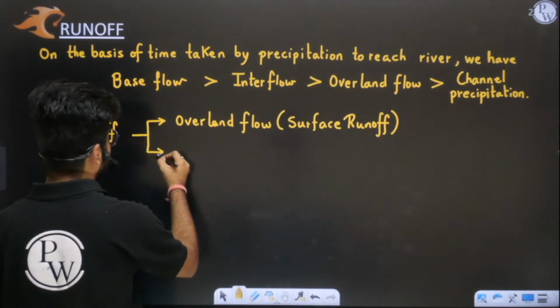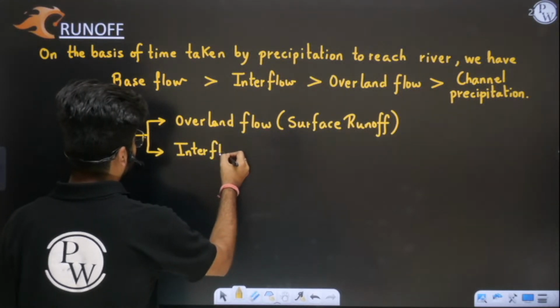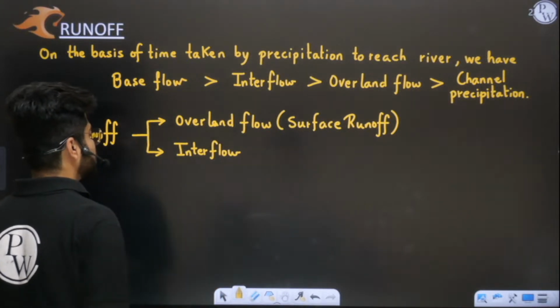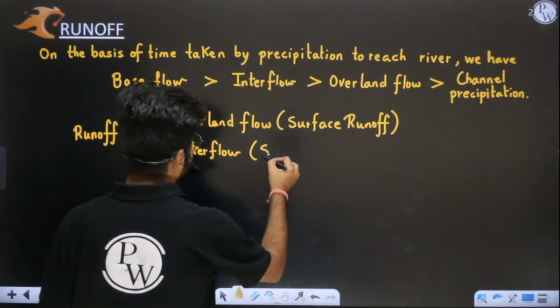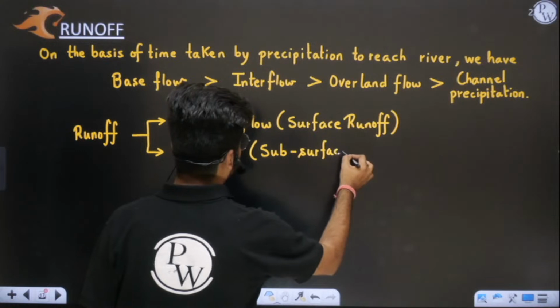And secondly, we have interflow. Interflow is the water which does not reach your groundwater but starts flowing and joins your river water. Okay, so interflow is subsurface. Why subsurface? Because it is beneath the ground. Now, if I want to talk of the entire component,